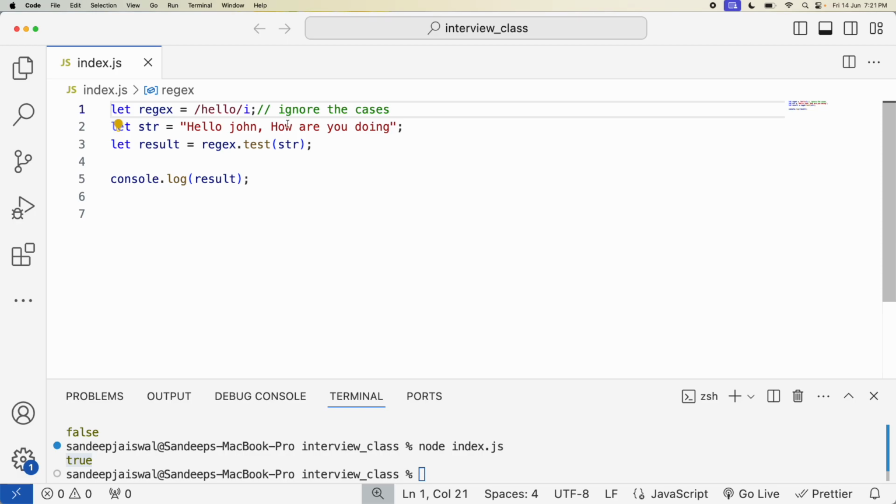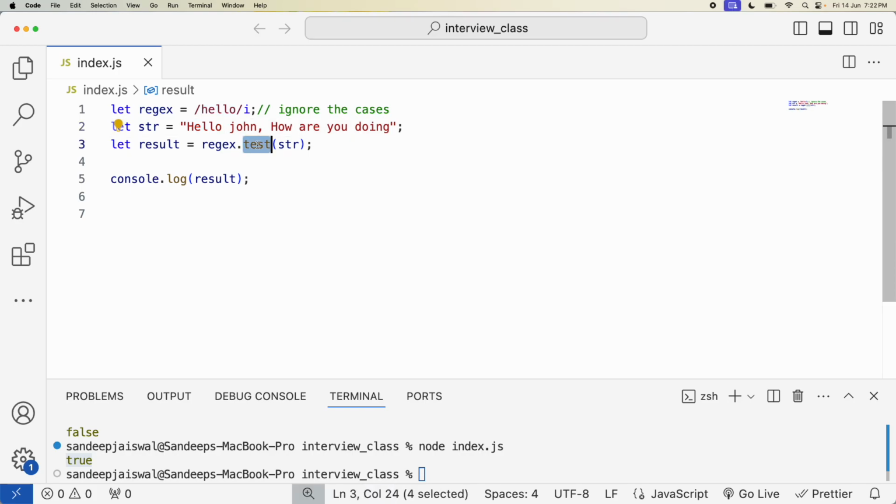Now one more thing you can see here. I am writing hello. Let's suppose I wanted to get whatever matched data is there. This test method gives you only true or false, so it is useful when we are checking with an if else condition, where we have to check if it is true or false. That time we can use test. But if you want the data which got matched in that string, like this hello, from this string,